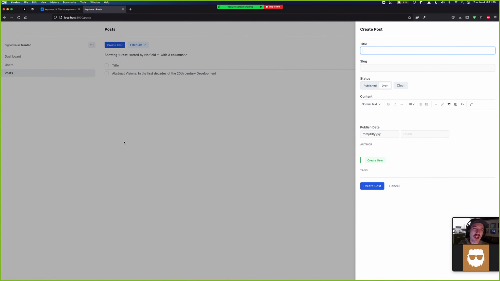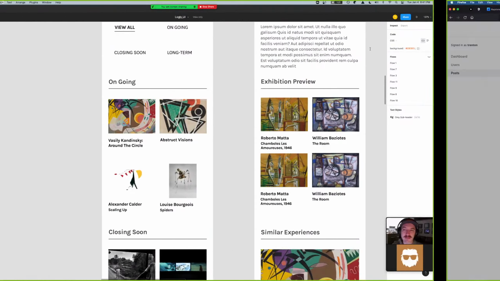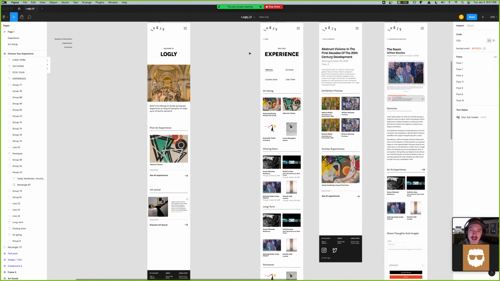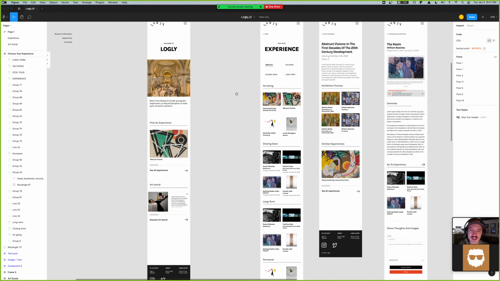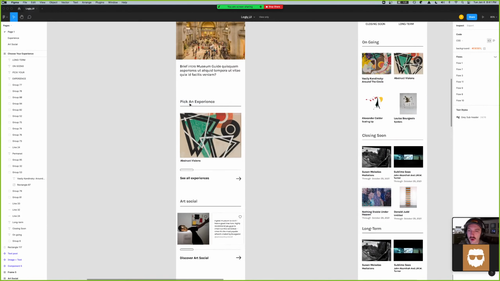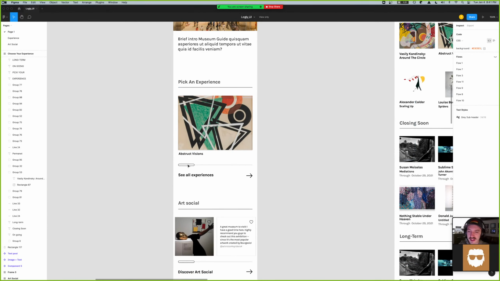Okay, well, instead of posts, the ultimate goal is to have experiences, but it's the same thing under the hood. An experience is pretty much going to be a post. So on the mobile homepage, we'll have this slider that lets you scroll through all the experiences that this blog will have.